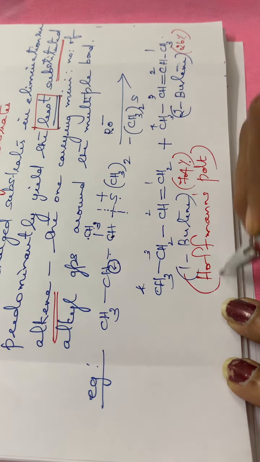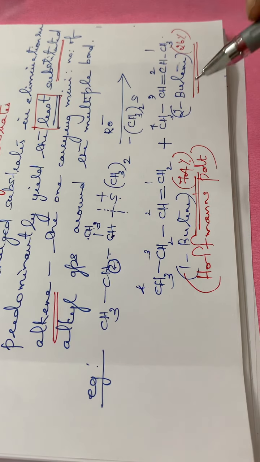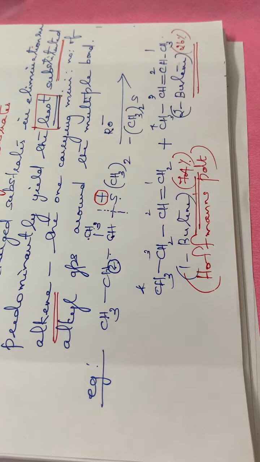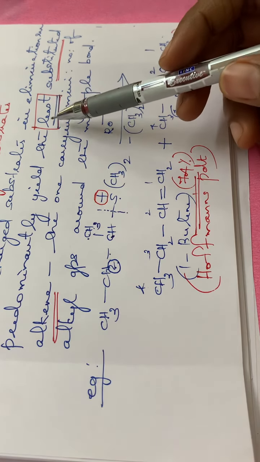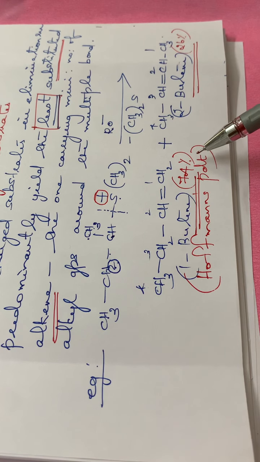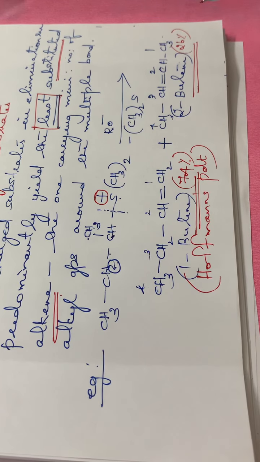Hofmann's product. So the major product will be 1-butene and the minor product will be 2-butene. So this is a charged substrate. See, the substrate has got a positive charge. So for charged substrates, the least substituted alkene will be the product. So don't get confused with Zaitsev and Hofmann's. For Zaitsev, neutral substrates are considered, and in that case the most substituted alkene will be the product. And in the case of Hofmann's, it occurs in charged substrates and the least substituted alkene will be the product.